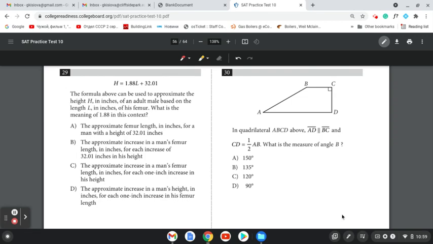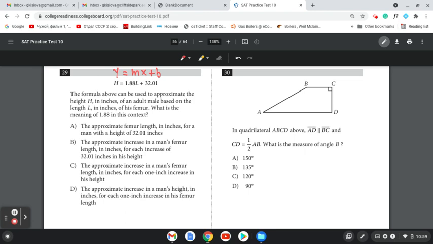SAT test 10, question number 29 on the calculator section. You're presented with the formula. It looks like a linear function. Right away, I see that, look at that, y equals mx plus b, where y is h, m is 1.88, x is l, and b is